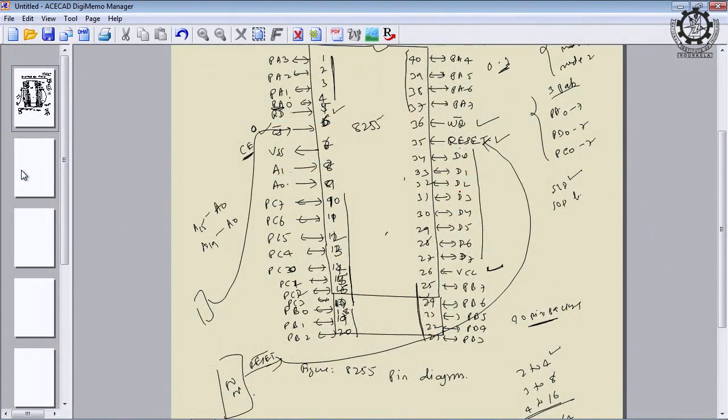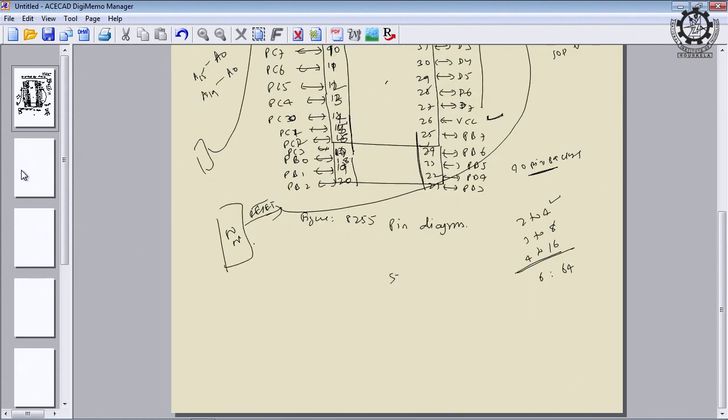I think in this way all 40 pins are having 40 different signals. Some are carrying address signals, some are carrying data signals, and some are carrying control signals, which are again connected using the bus called system bus. So, system bus consists of address bus, data bus, and control bus. I think pin diagram is clear to everybody, but there is a problem in pin diagram. What is the problem?